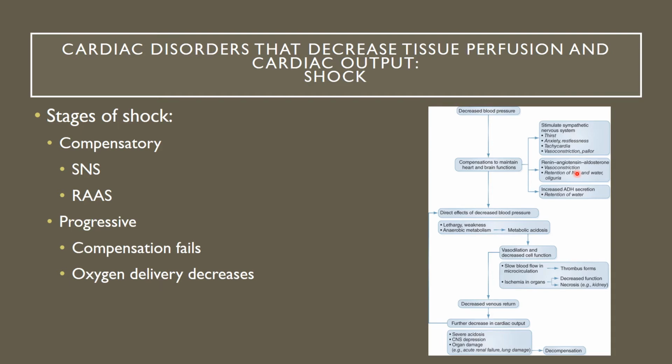And we see it progress, and so it gets worse, and so these compensatory mechanisms fail. Oxygen delivery to organs decreases. And so we see some of the direct effects of the decreased blood pressure, right? And so we switch to anaerobic metabolism. We aren't able to produce the ATP. If we aren't able to produce the ATP, with lethargy could also be